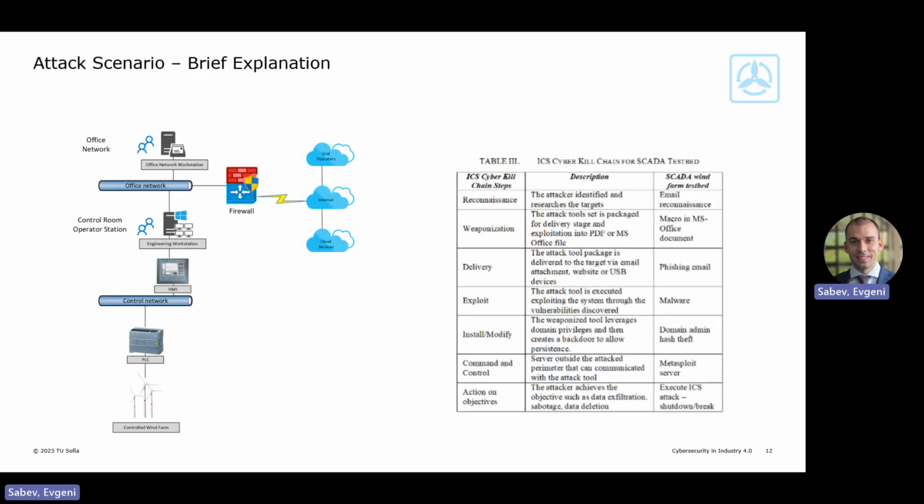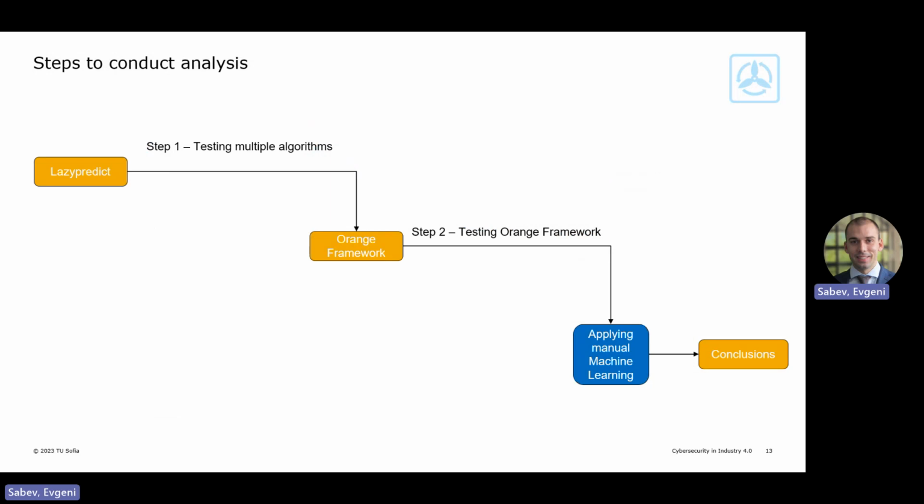On the next slide, we lead you to our example attack scenario, which we have developed, based on the ICS Cyber Kill Chain methodology. It basically tries to replicate one-to-one what is happening in real-world scenarios: what the attackers are exploiting, and the different steps they go through until they finally manage to get command and control of a system and action on the objectives. We try to replicate these scenarios in our demo so that it is as realistic as possible.